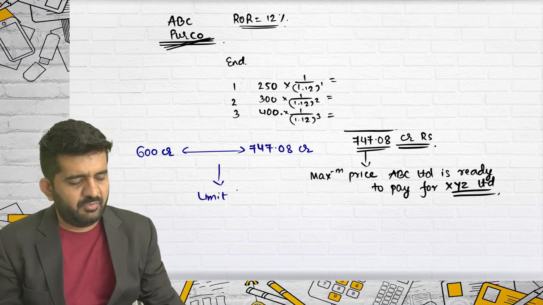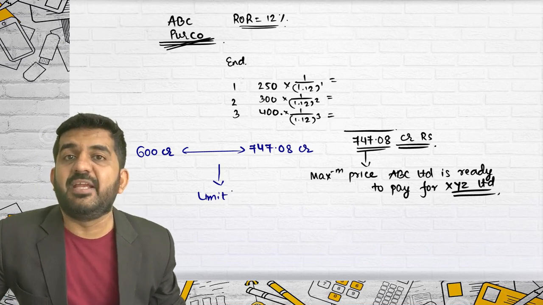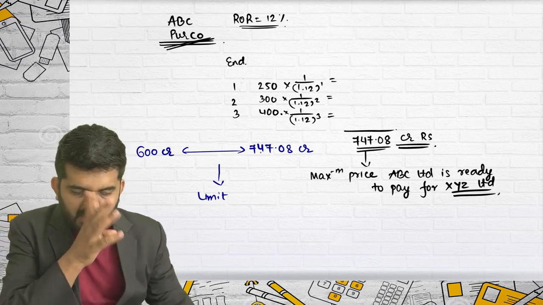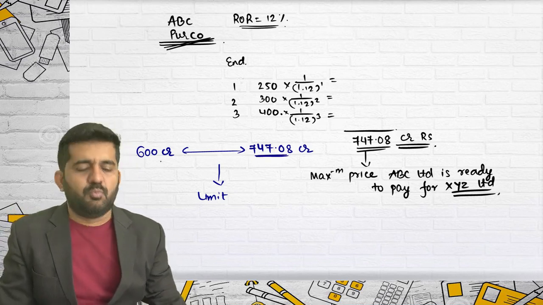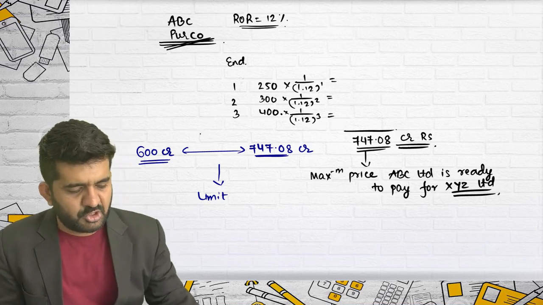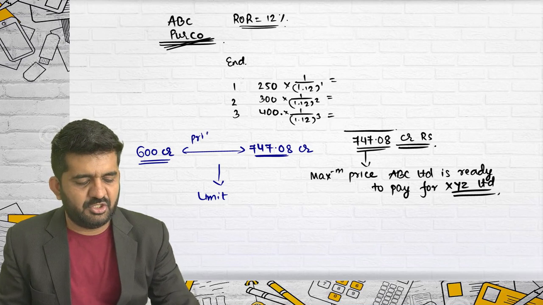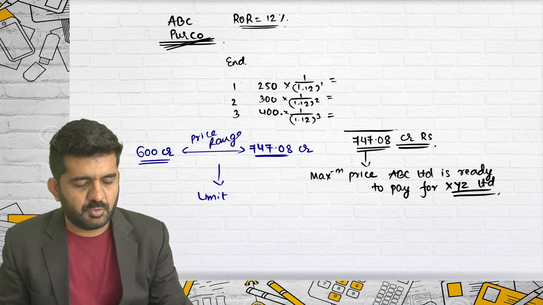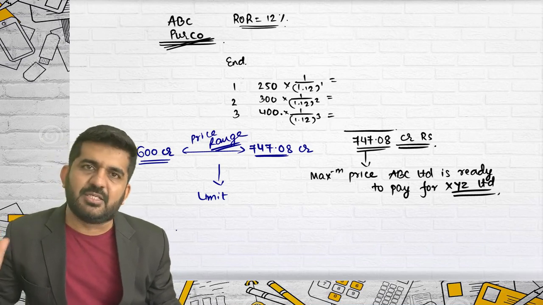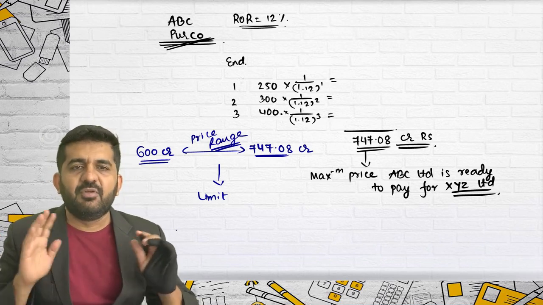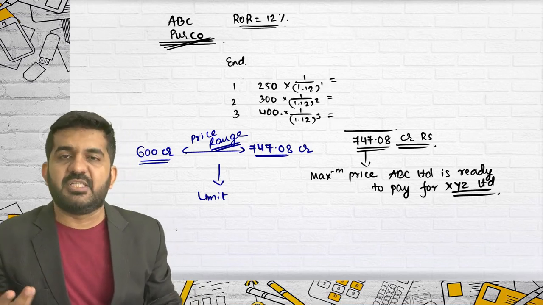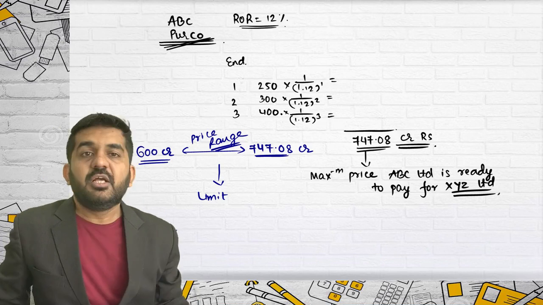It is the limit within which the price will be negotiated between the purchasing company and the selling company. The purchasing company is not ready to give more than this. The selling company will not be ready to accept less than this. So this is known as the limit or price range, which you have found. Sir, actually at what rate will it be sold? It will depend. The purchasing company and selling company will sit and decide the price at which ABC company will purchase.